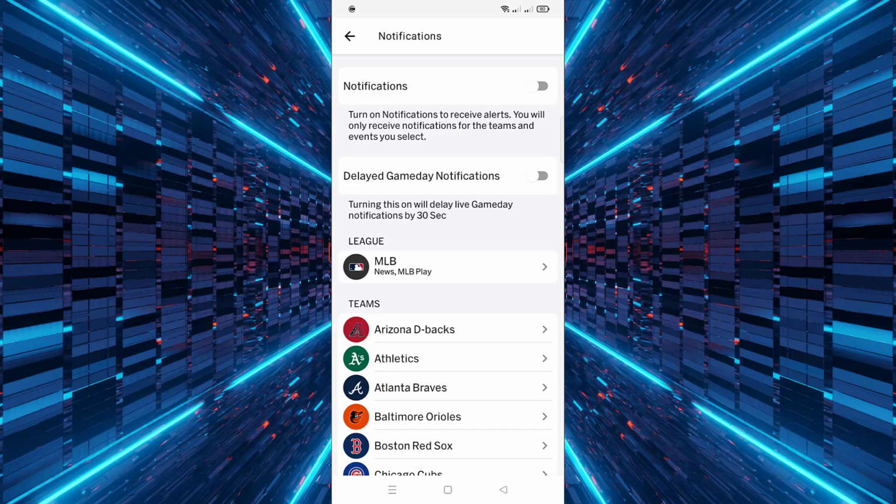By following these steps, you can easily manage and disable notifications in the MLB app, allowing for a more tailored